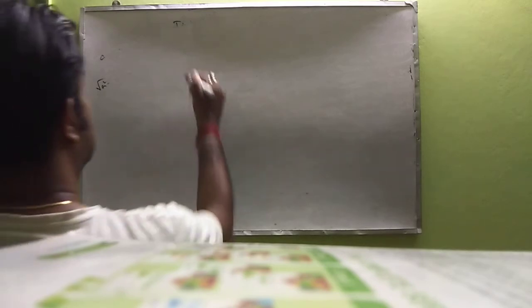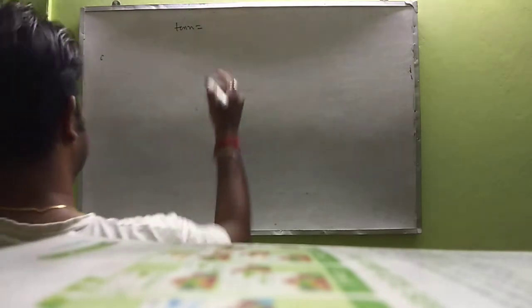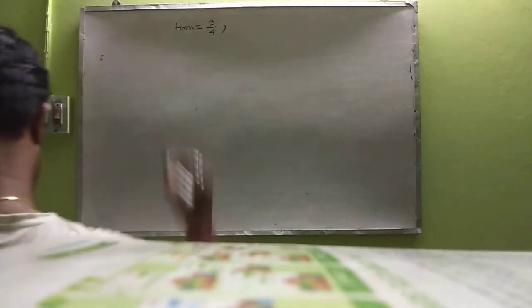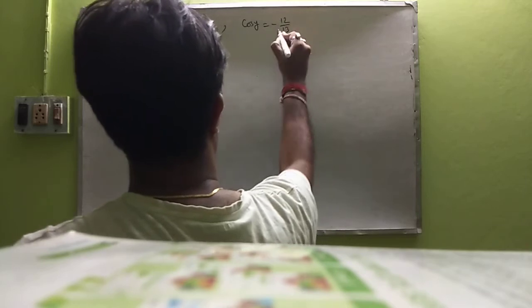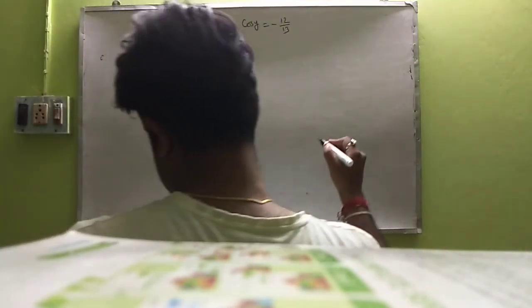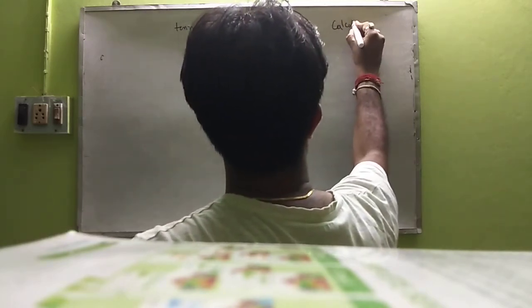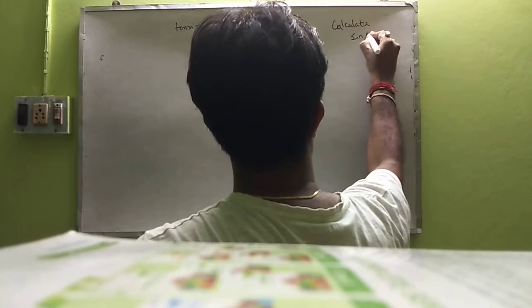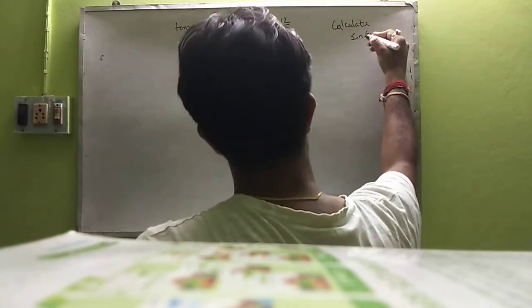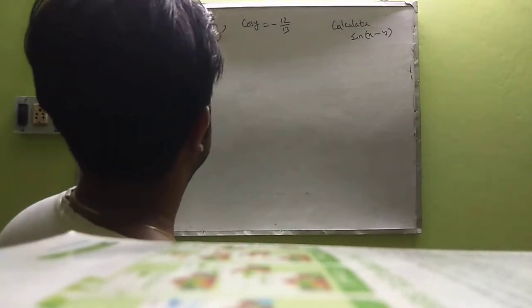First, if tan x is equal to 3 by 4, cos y is equal to minus 12 by 13, then calculate sine of x minus y. So there is some trick, which is